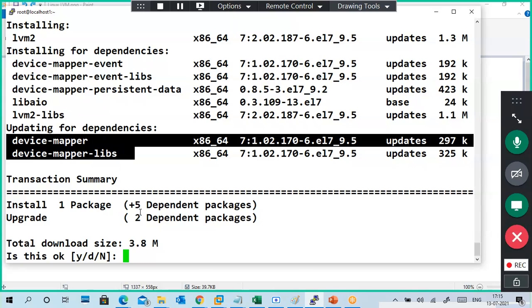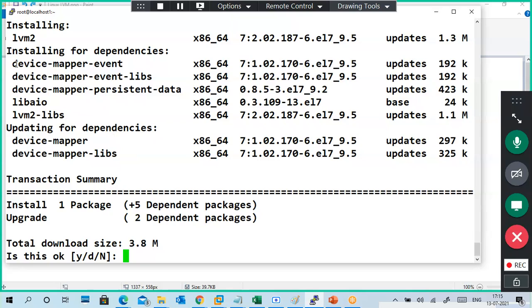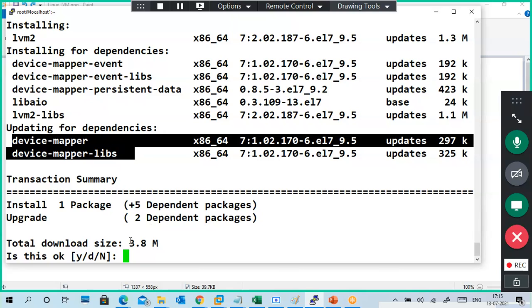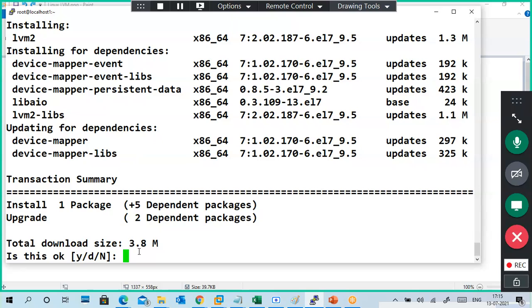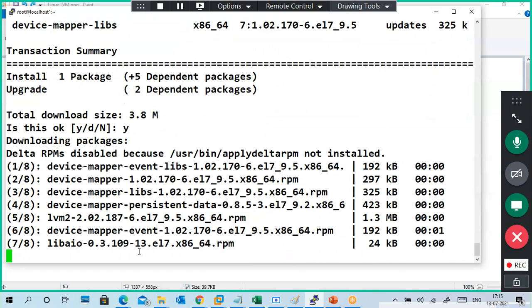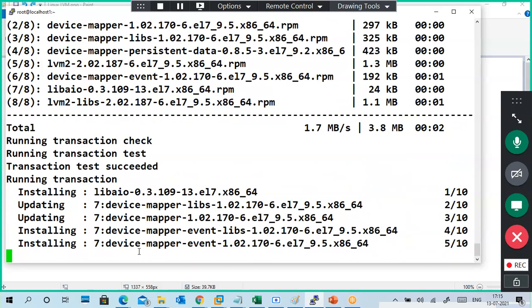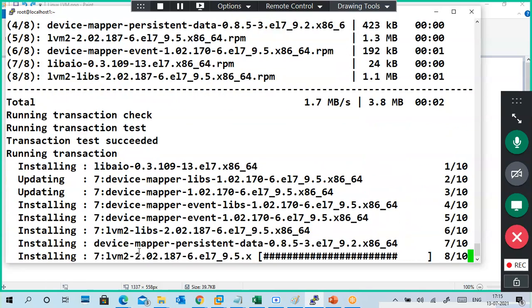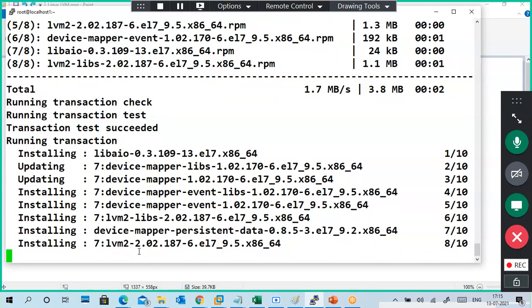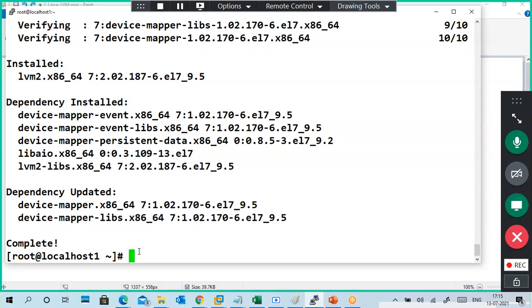One package we are installing, the dependency packages are 5 packages, and 2 packages to update. Normally, manually you can't install like that. So this is the easiest way of installation. Totally 8 packages are downloading, installing, updating.